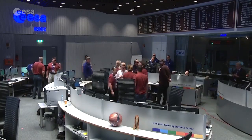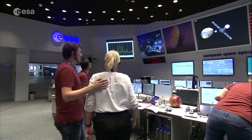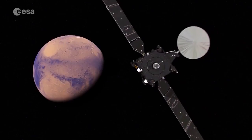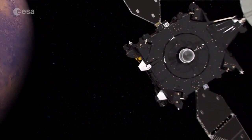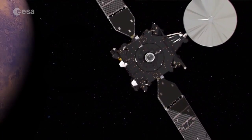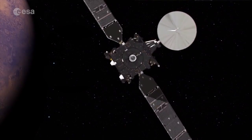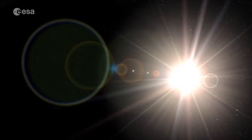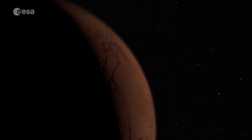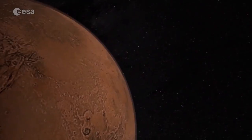The mission will build upon the findings of ExoMars 2016, which arrived at Mars in October after a 7-month journey. The ExoMars Trace Gas Orbiter has now tested its instruments in orbit. The calibration measurements and health checks demonstrated that the orbiter is on course for a successful mission. The present orbits around Mars take just over 4 days, and distances above the surface vary from 100,000 kilometers to